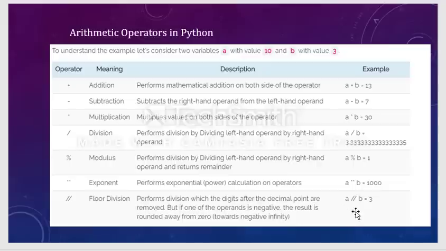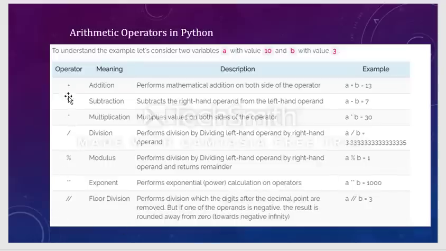So this is the floor division operation. As we can see here, double slash is nothing but a floor division operation. What is floor division? It performs the division and removes the digits after the decimal point. So those are the two different operators used in Python programming.